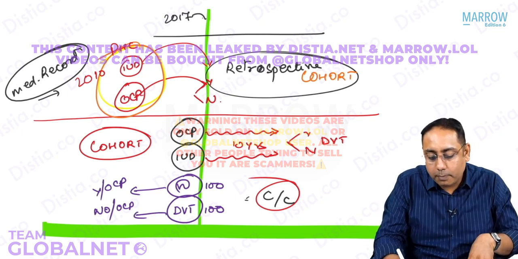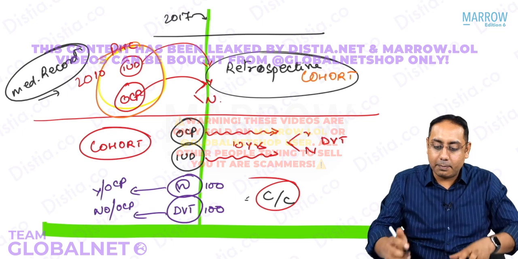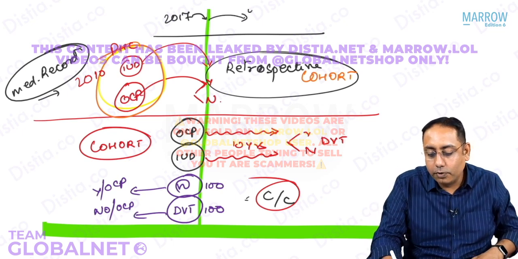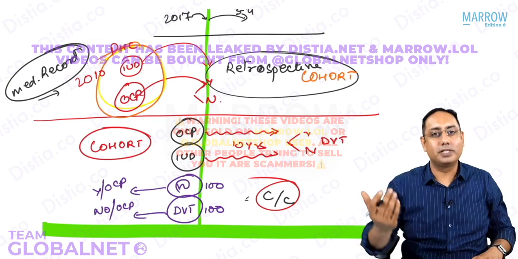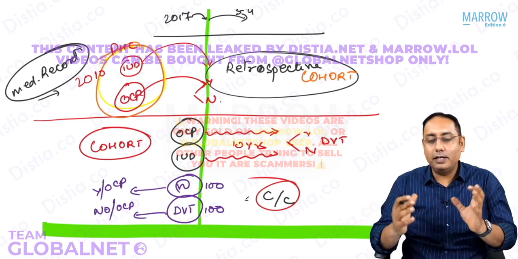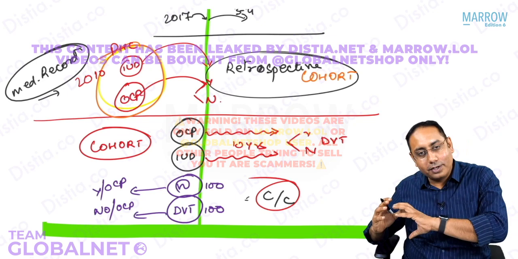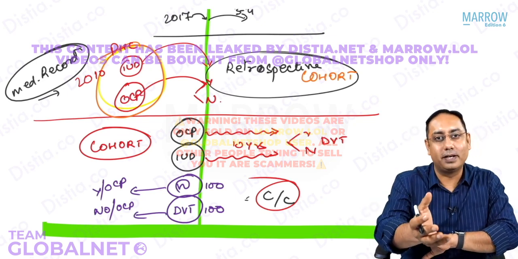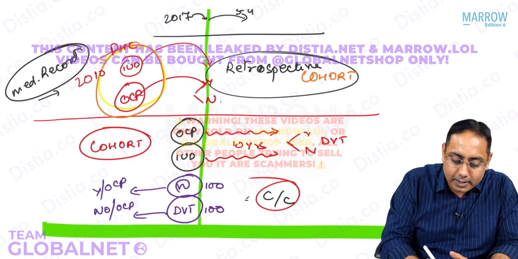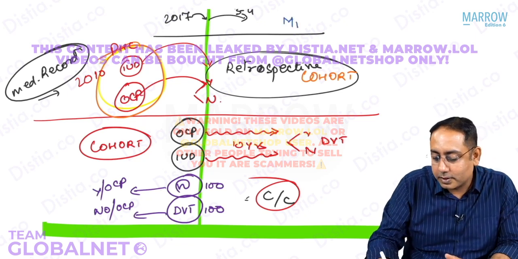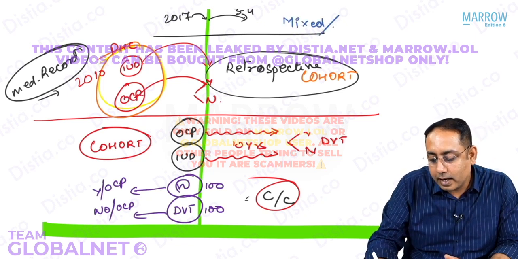So you follow up, you've already done a 6-year gap, and next you follow up for the next 4 years or 3 years, and then you find out how many people have disease or no disease. Are you getting it? So basically you are mixing a retrospective and a prospective element. This type of retrospective and prospective cohort is called a mixed cohort. These are called ambispective